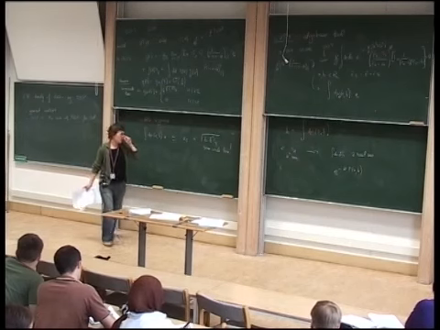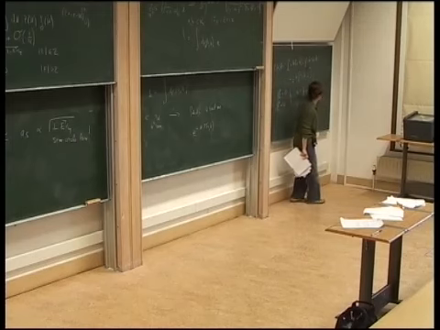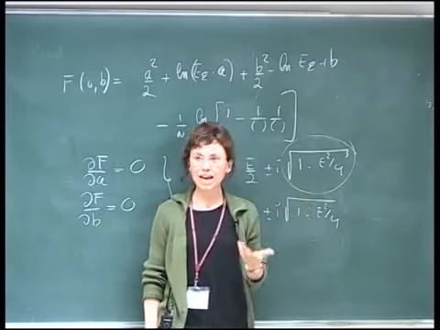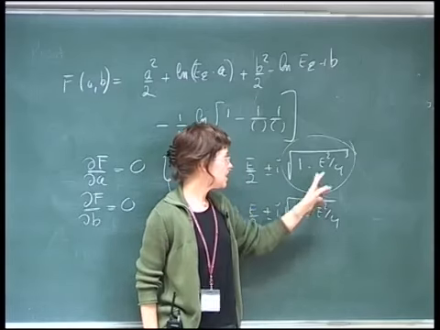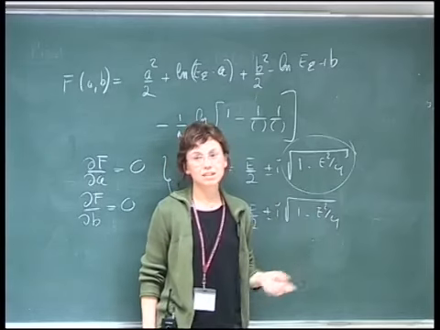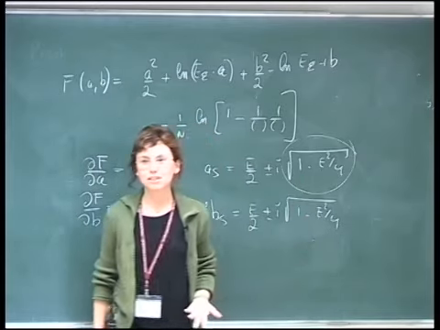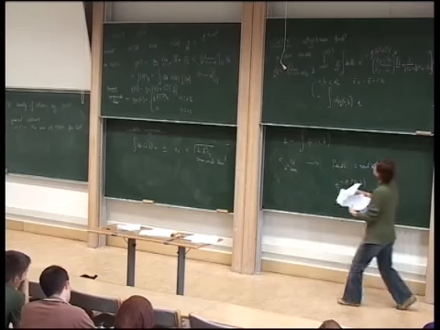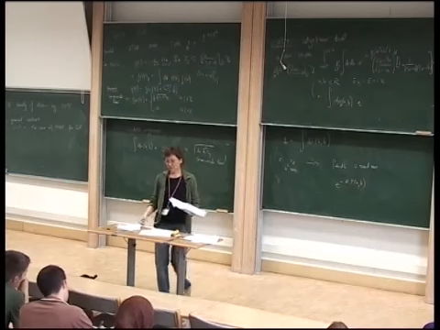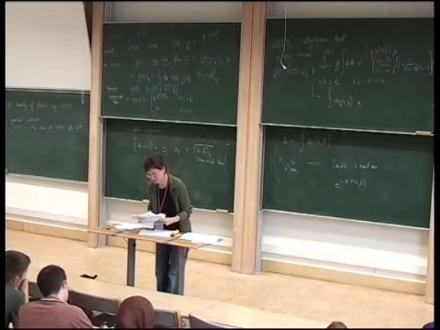Now see, if the energy is in between minus 2 and 2, this object is real, so we really have an imaginary part. If the energy is outside the interval minus 2, 2, this square root is actually imaginary, so the saddle is real, and the imaginary part is 0. This is fine, that's exactly what we want to find. Okay, so I hope now you are convinced that it's useful to try to get this representation.